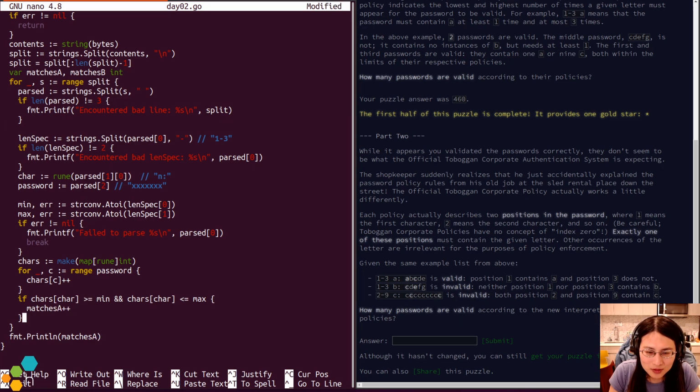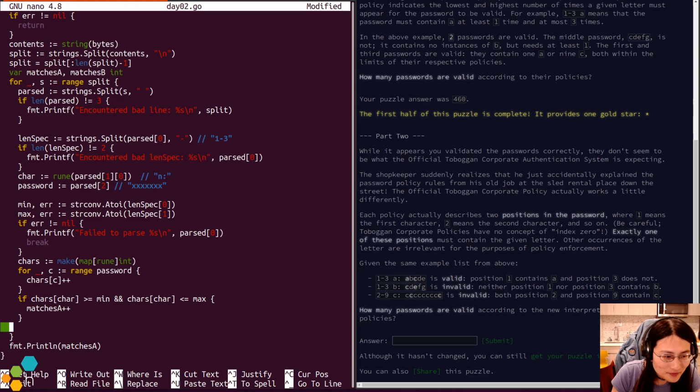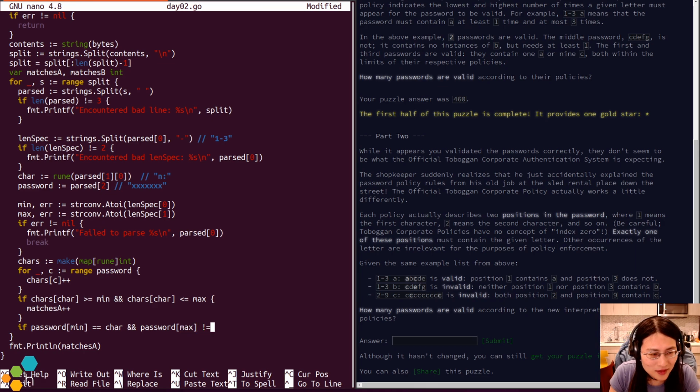Okay, so if char password index min equals char and password index max is not equal to char, then exactly one of those 2 positions. Okay. Or password